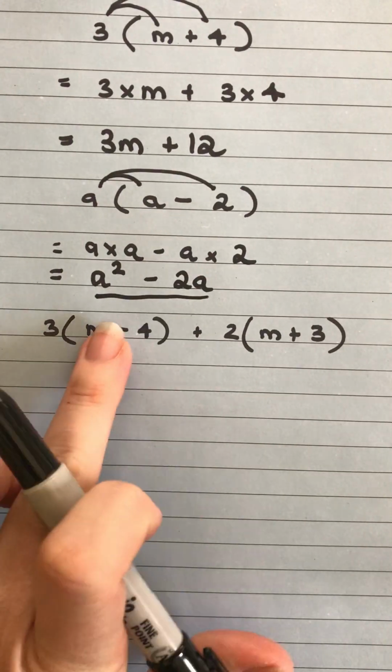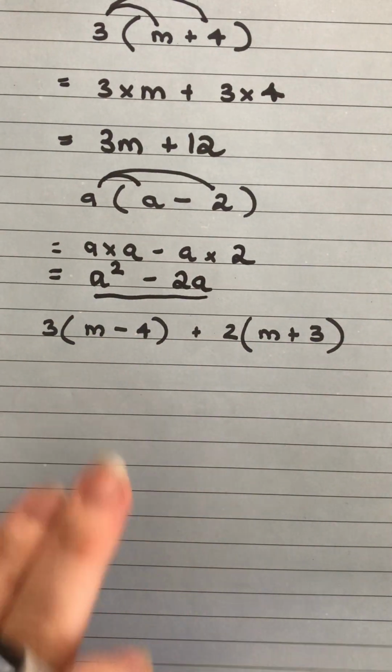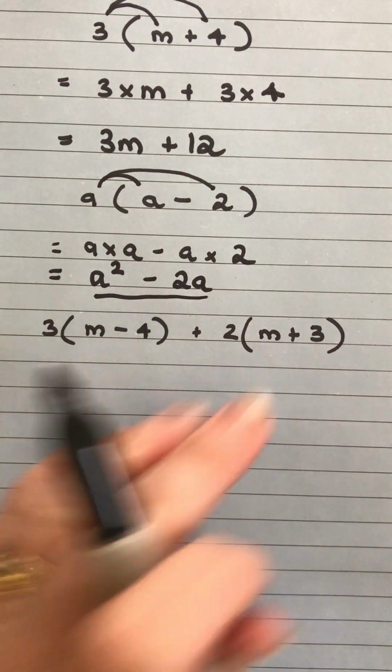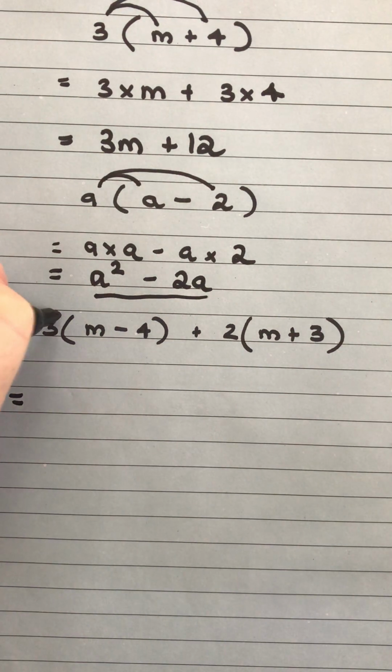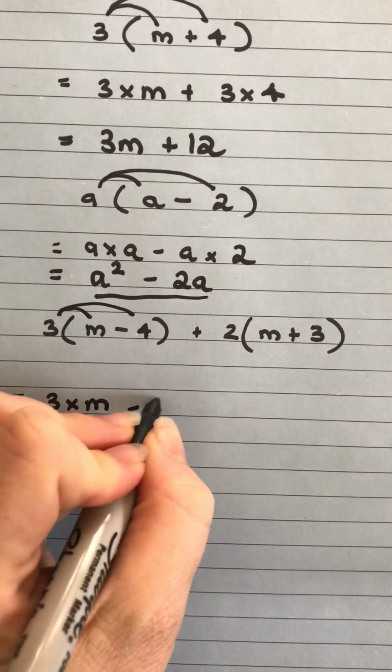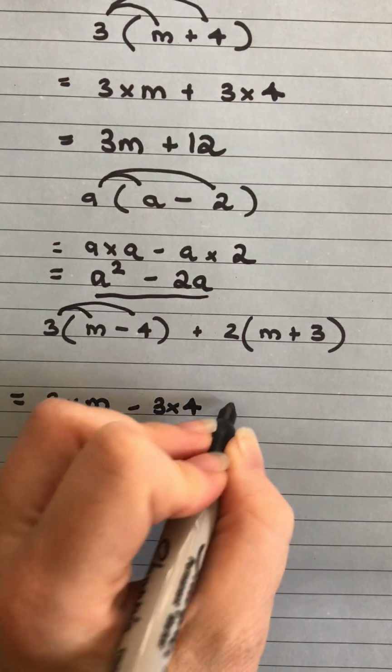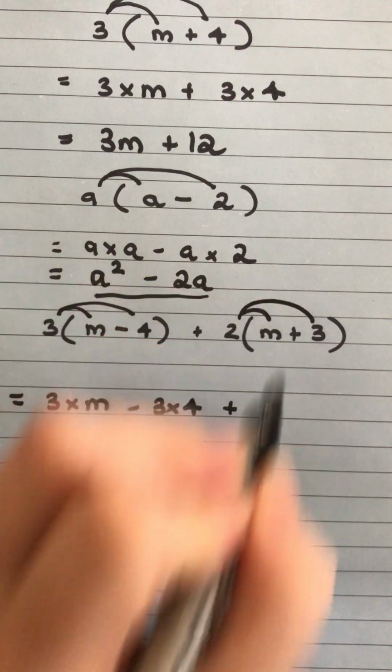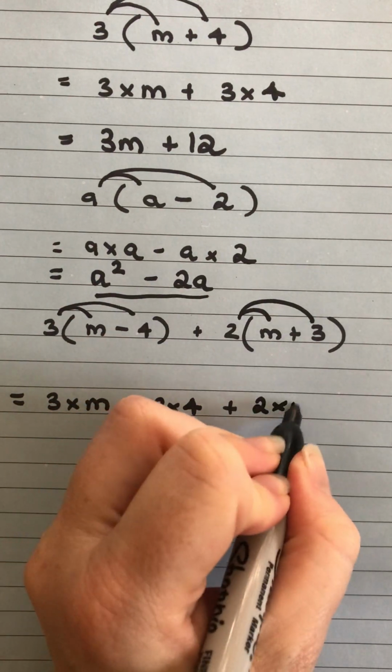In the third example, I've got 2 different brackets there. So I'm going to expand one, and then I'm going to expand the next. So the first one I'm going to do, draw in my lines. I get 3 times m, take 3 times 4. And then I'm going to draw in my lines for the second one, and that'll give me 2 times m